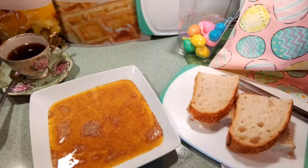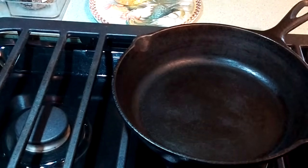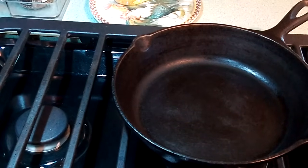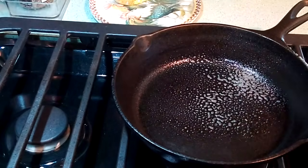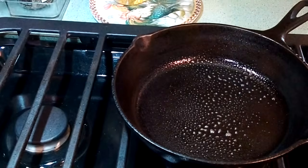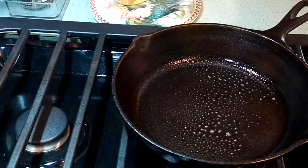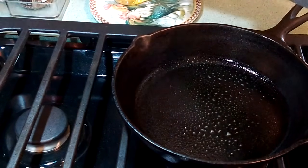Okay, now I'm going to get my cast iron, my favorite skillet, out and heat my oil. Okay, I'm going to spray my skillet or your griddle, whichever you have. I want to spray it, and you spray on your pans before you turn on your fire. Okay, spray the pan, and I'm going to add a tablespoon of vegetable oil